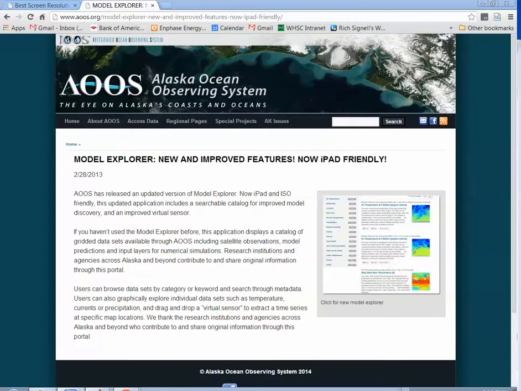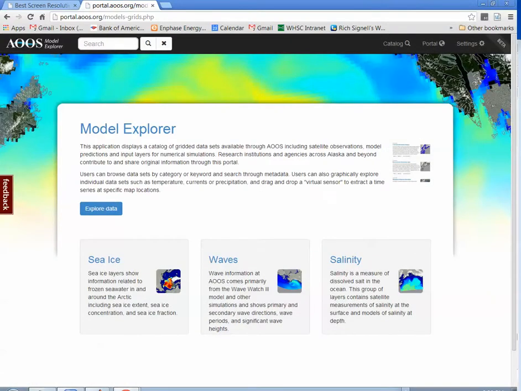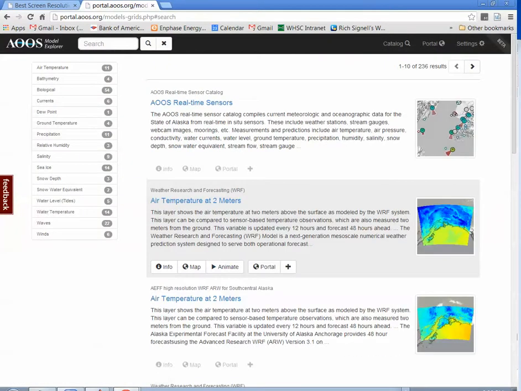A little demo of the AOOS Model Explorer. If you Google AOOS Model Explorer, you end up on this page here, at least currently. But you'll probably also see a link for this page, which gives you a little overview here. But I usually just click on Explore data, and now you're in a